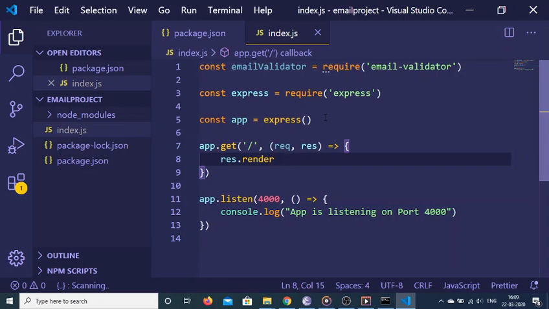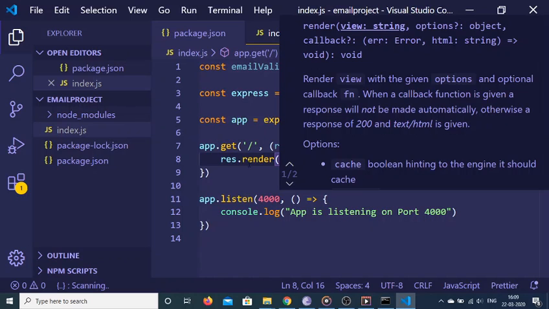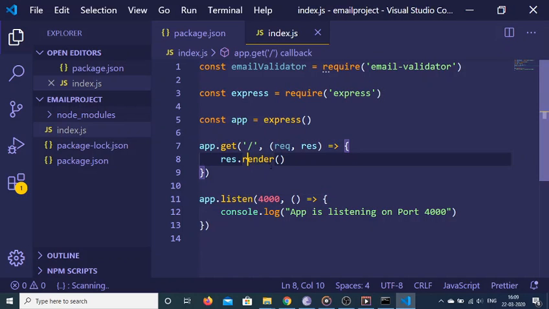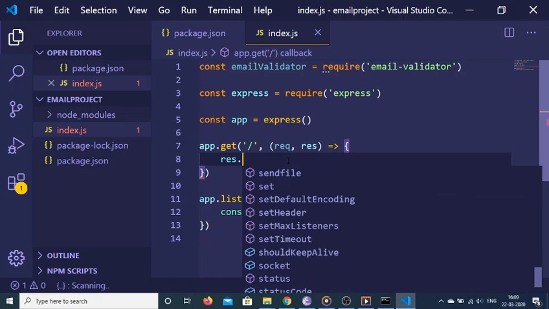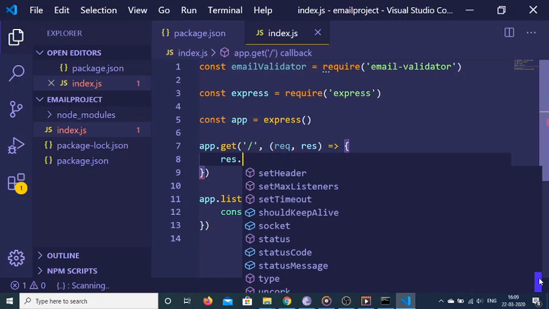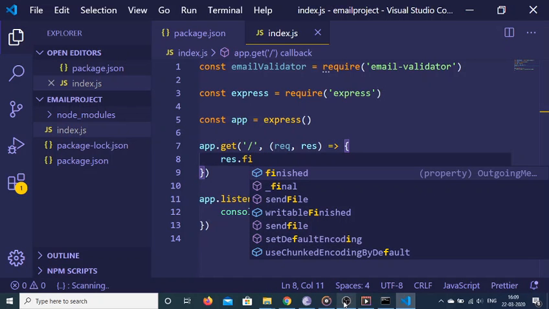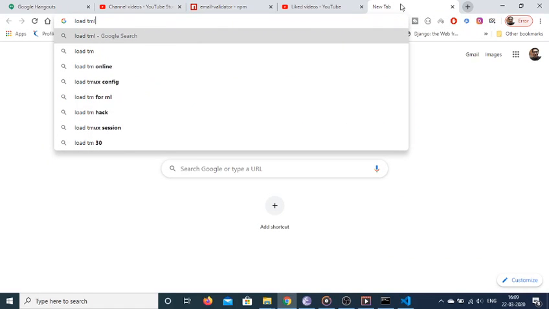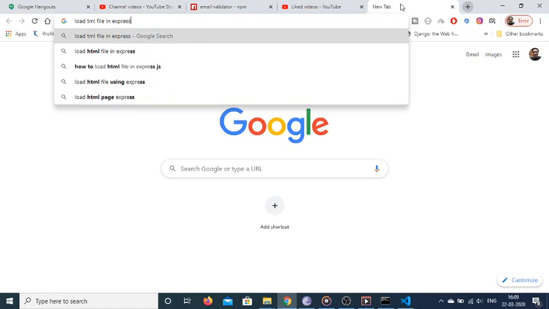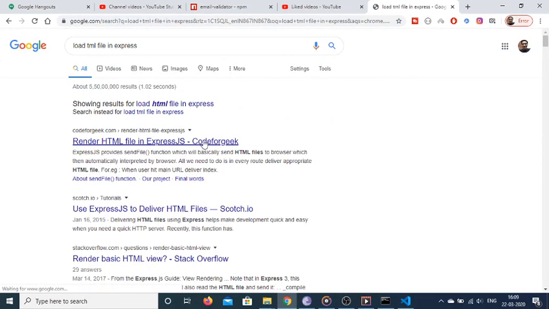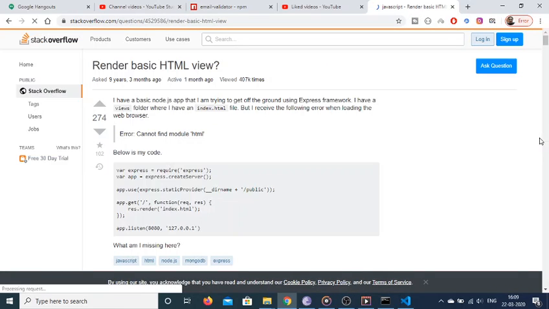response.render. We need to load a file here. For loading a file, this contains a method here. Let me just see a method in order to load a file. I think this needs to be, let me just quickly do a Google search, how to load an HTML file in Express. So just wait, I am just checking the answer here, how to load a simple